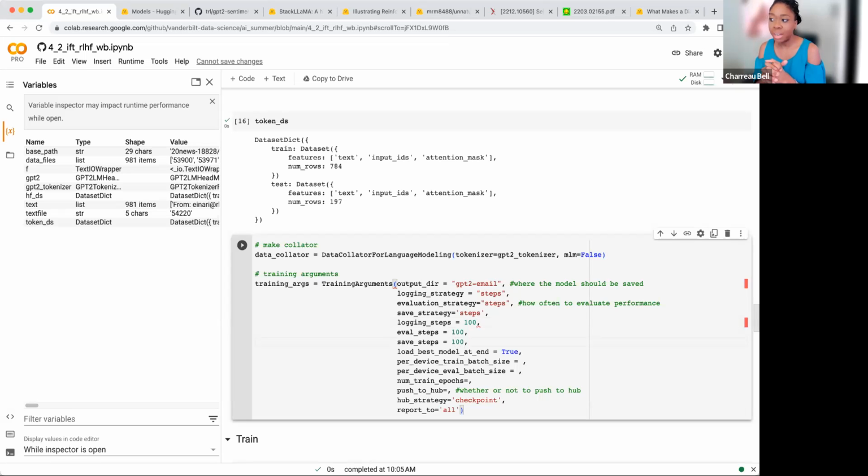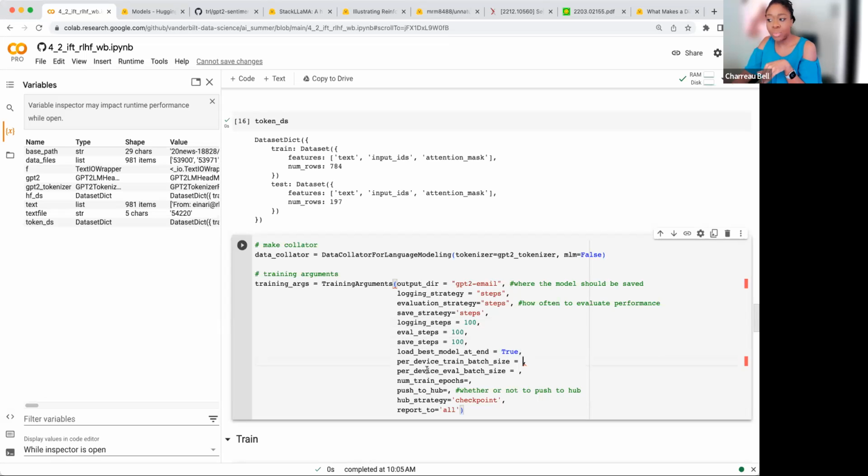And so this right here that I put in here is truly arbitrary. Usually you want to calculate it based on the size of your data set, but we just threw 100 in there because we can. Also, we can load the best model in. We're going to go ahead and do that.